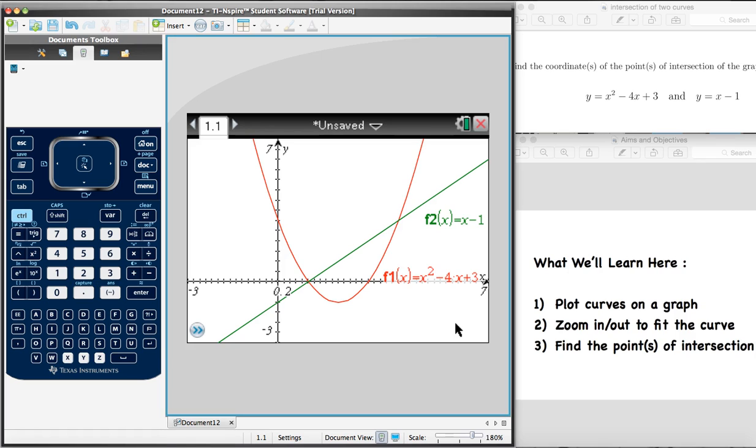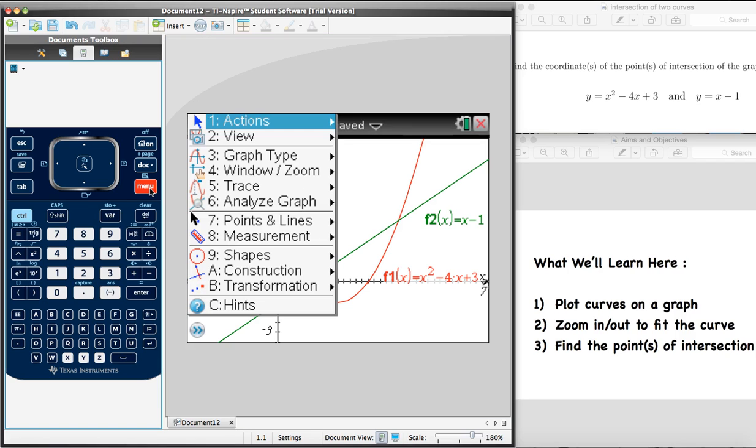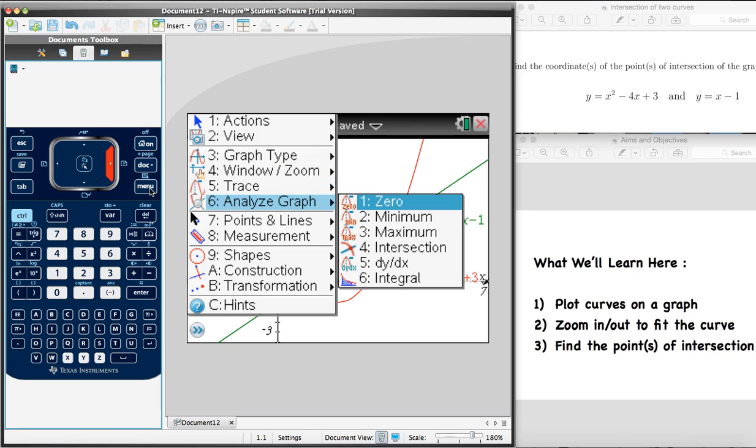Now, the last thing we're going to see here is how to find the points of intersection of these two curves. And this is a very common exam question, so you want to make sure you know how to do this. So to do this, we've got our two graphs on the same grid here, and we press Menu, and we're going to select the sixth option here, Analyze Graph. We now look at the options we have, and the one we're looking for in this case is Intersection, so that's the fourth option. So we press Enter,